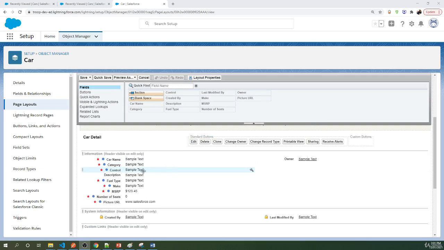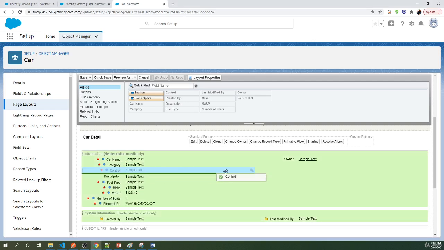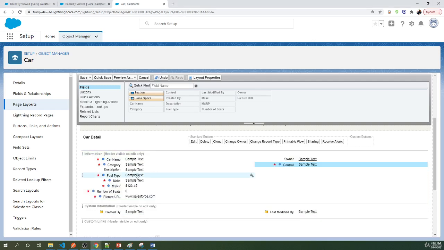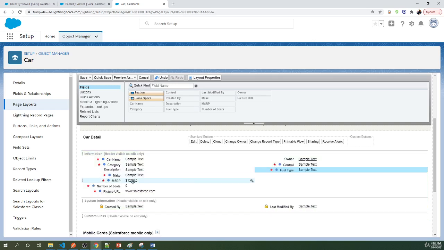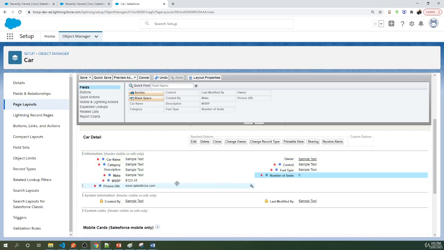Now here you can drag and drop and simply realign the structure. So we want the user to select first car name, then category, then we can move the control to the next side, then we can move the fuel type to the next side, then we'll keep the price here, the number of seats to the next side, and the picture URL in the end. So we have aligned the fields now. Let's hit the save button on the top,